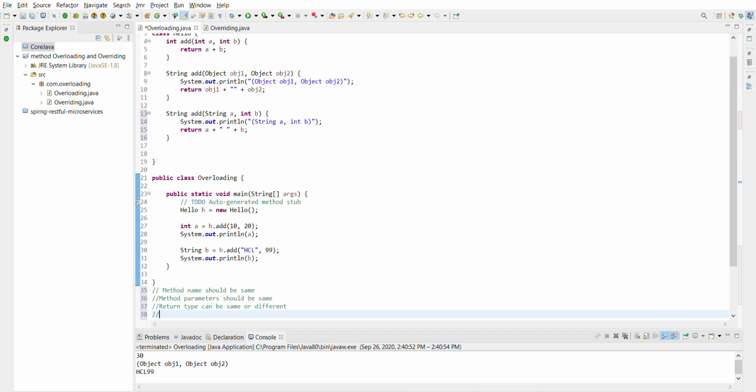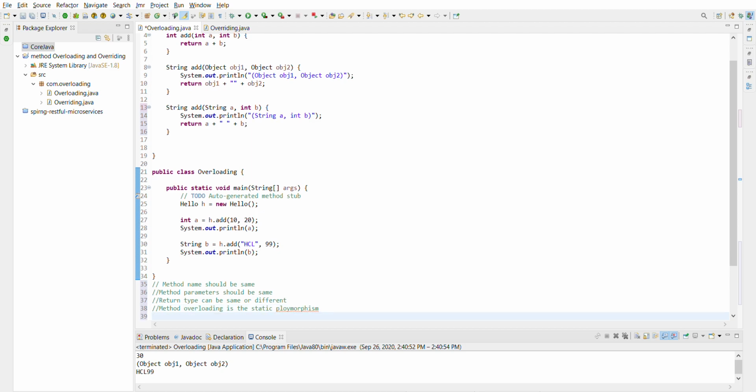And method overloading is static polymorphism, and early binding.